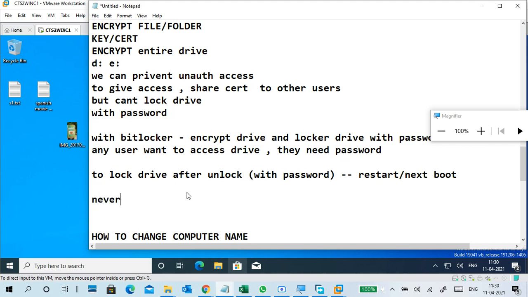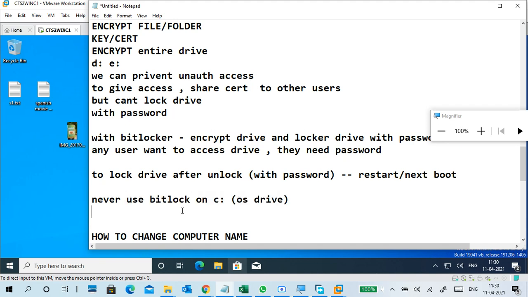I'm telling you, never use BitLocker on the C drive because it's the OS drive. Maybe it will give you some kind of issue, but if you use it, no problem.